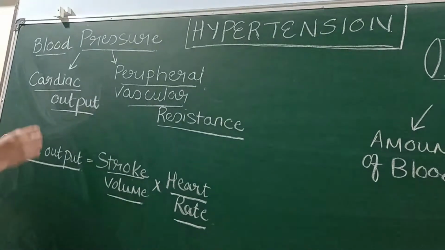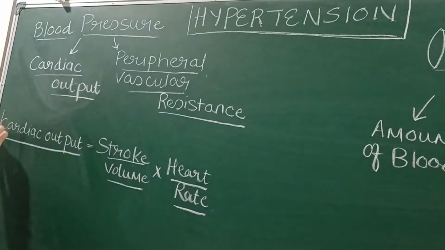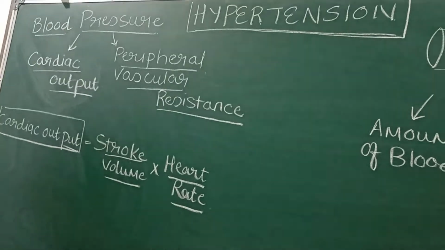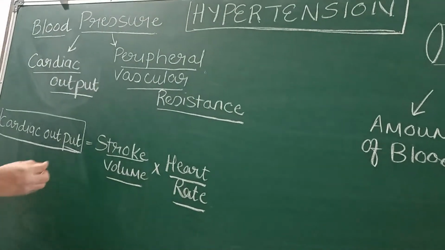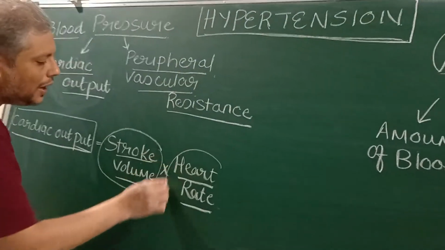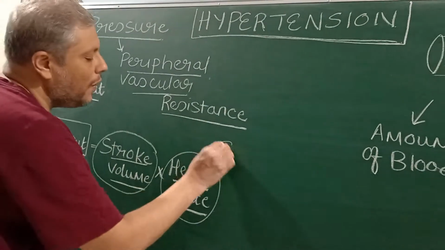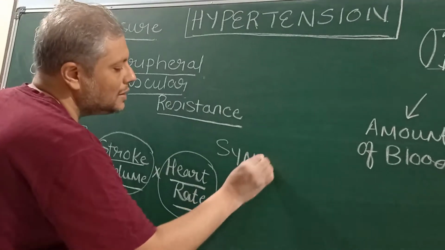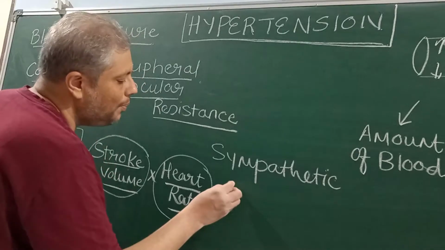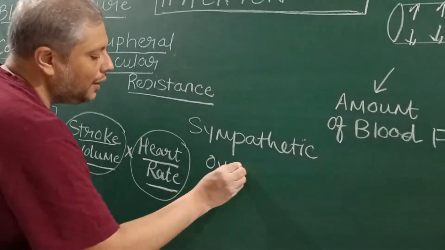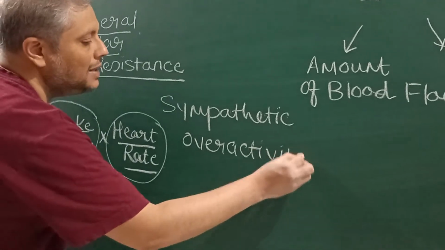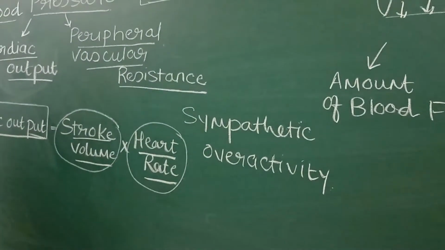So if any condition raises the cardiac output, there will be a rise in blood pressure. And dear friends, you all know that this stroke volume and heart rate are increased whenever there is a sympathetic overactivity. So sympathetic overactivity is one of the reasons for a rise in the blood pressure,